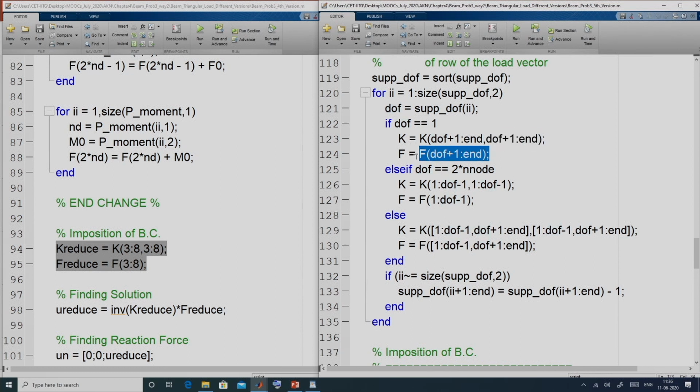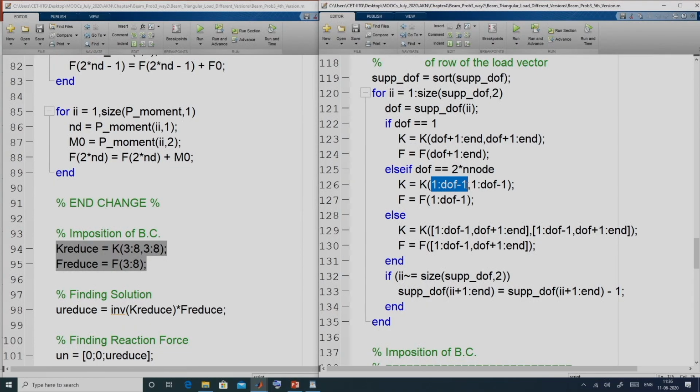Similarly, for our global load vector. Now, if our suppressed degree of freedom is the last degree of freedom, 2 into n node, then it should go from 1 to DOF minus 1, that is, last but 1. This is our reduced K positions.